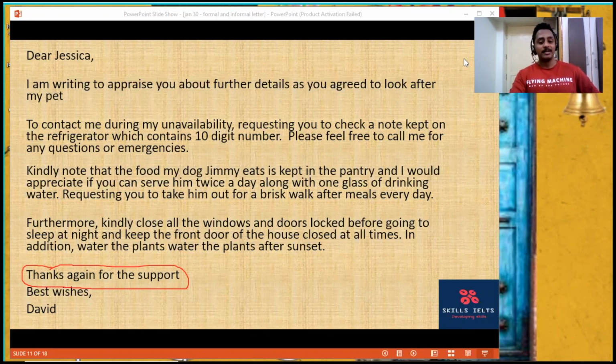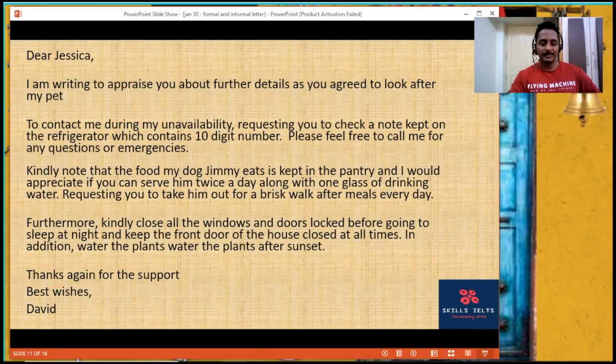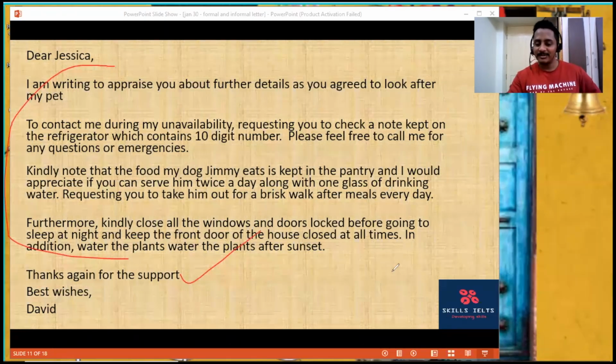No one has written: I'm gonna treat you the next time when we meet for the help you gave. We do that, right? We usually do that to friends, right? Next time is my treat for all the pain and the help. Next time, the treat is gonna be mine. Something of that sort you can write. When there are so many sacrifices involved here, you can definitely write something so soothing that can make Jessica, or the reader on the other side, happy.